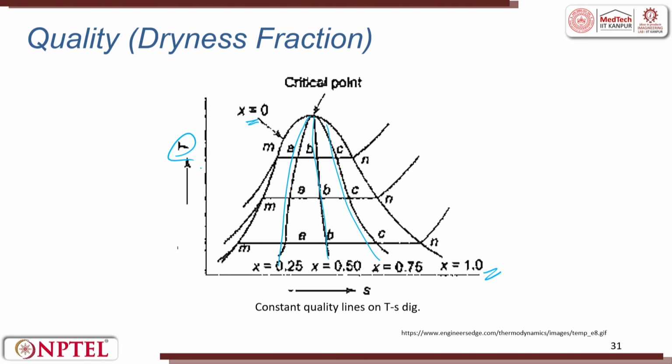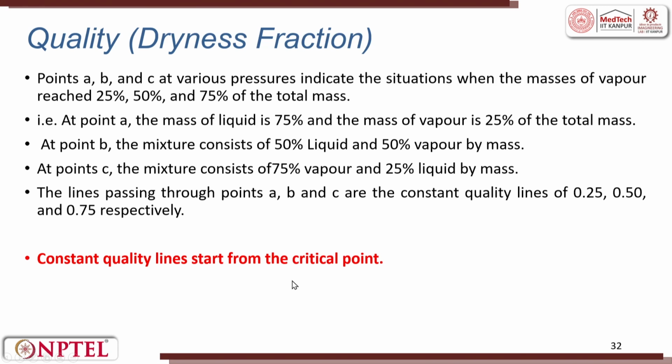So here it is the T-S diagram. You will see this is a hump we have, this is liquid plus vapor, this is vapor. So now you will try to see what happens when x equals 0.25, x equals 0.5, when x equals 0.75. So when that meets a constant temperature line, what is the response and what is the entropy you get. So this is the dryness fraction which is defined.